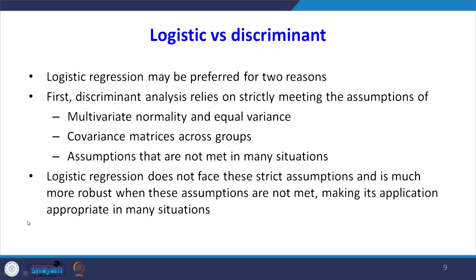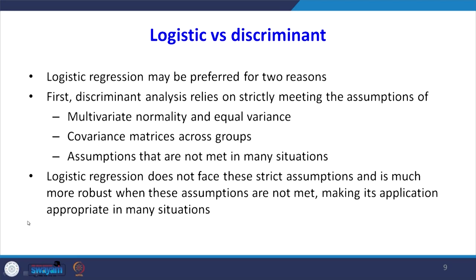Now, we will compare when we should go for logistic regression and when we should go for discriminant analysis. Even two slides before I explained the comparison between logistic regression and discriminant analysis. In discriminant analysis we can have more than 2 levels, 3 levels or 4 levels. The problem related to logistic regression can be solved with the help of discriminant analysis where there are 2 levels. We can say logistic regression is a special case of discriminant analysis, but we will not go for discriminant analysis, we will go for logistic regression. There are some reasons there.